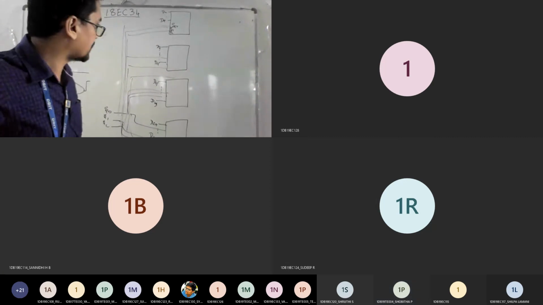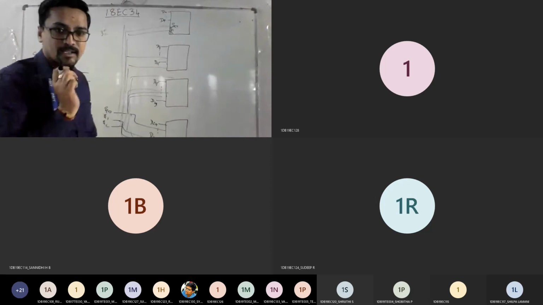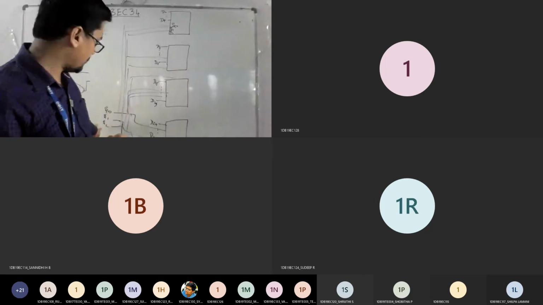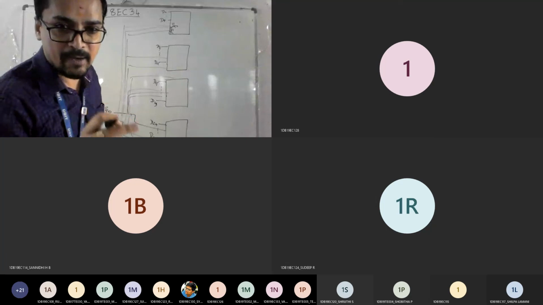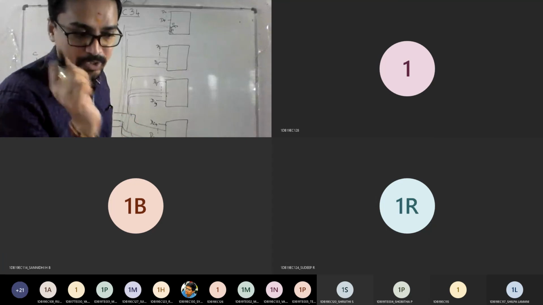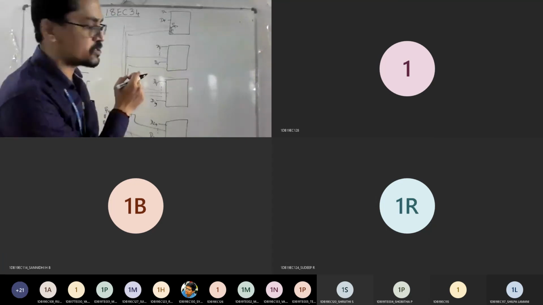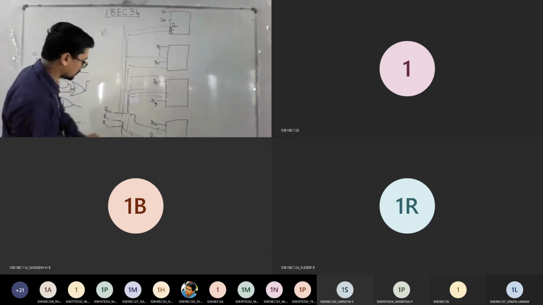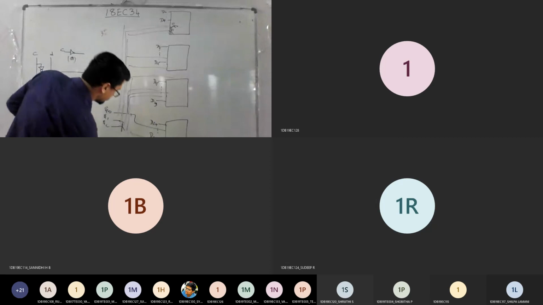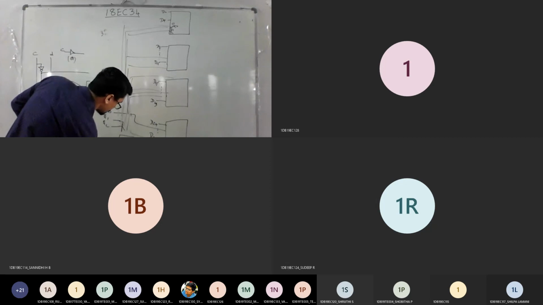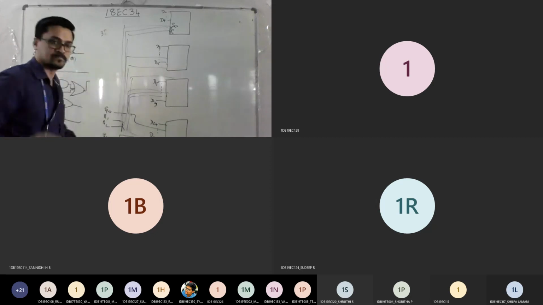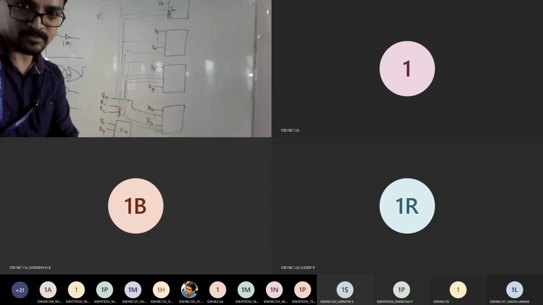Everyone? Yes, sir. Okay, now listen carefully. Totally we have 5, out of which 3 are controlled. Remaining S3 and S4 I am controlling using my decoder. So you have 2:4 decoder. 2:4 means how many inputs you have? 2 inputs, and that 2 inputs. So I will just write here, just check out if it is visible. So 2:4 decoder. So one is S3, one is S4. Is it visible what I wrote downside?